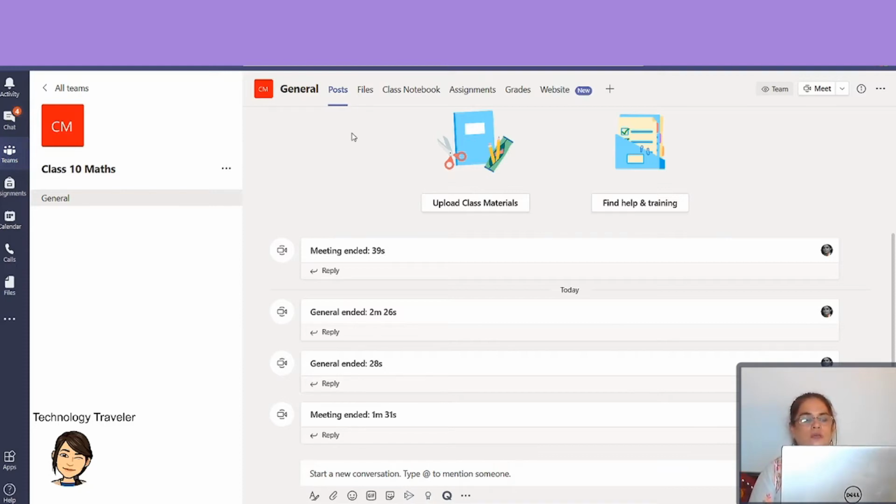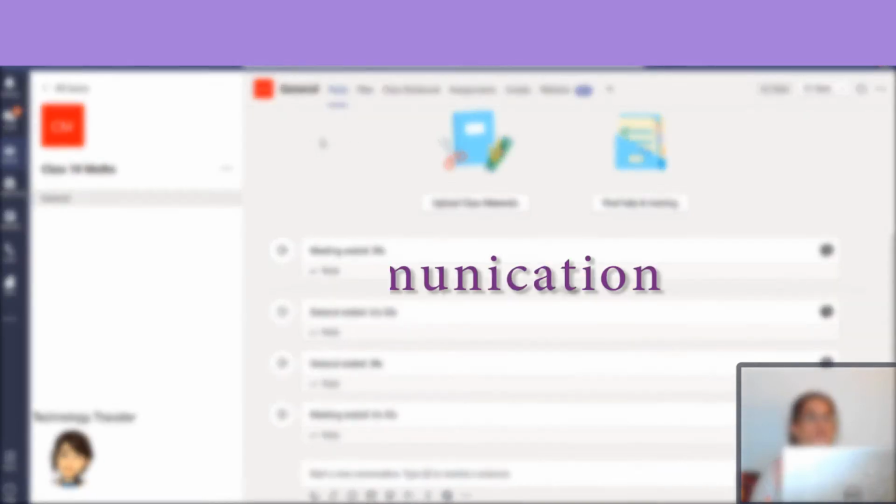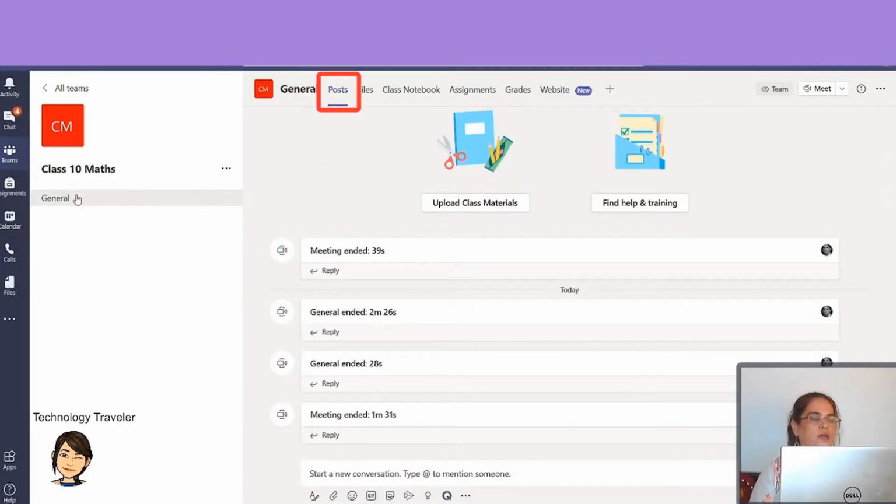The first feature, which is communication. Now, what about communication? Of course, just click on the posts. I am inside my team. I have added all my students in this team. Click on posts. And when you click on posts, you can have communication between the teacher and student, and student to student, moderated by the teacher. There can be a lot of communication within the class, during class hours and even after class hours. And the entire record of all that communication remains on the class team.